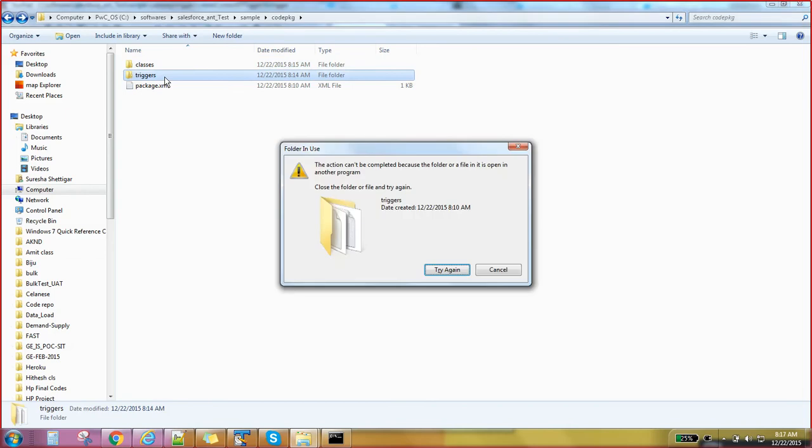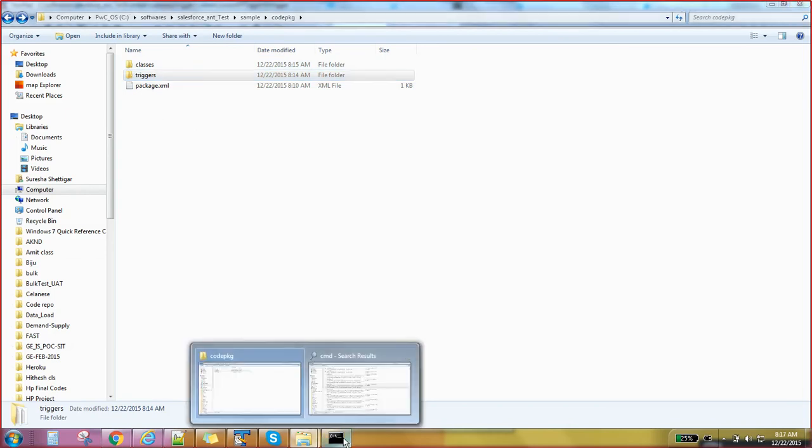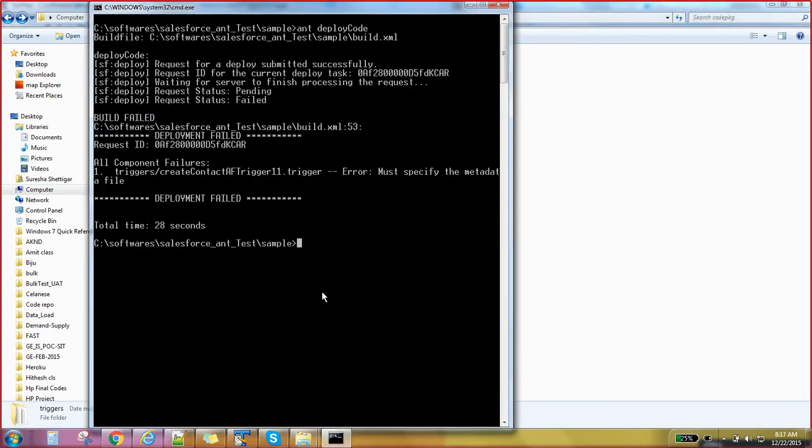I will remove this trigger. Okay, so what is happening? We have just renamed a few things, right? So that's why I think something is failing.